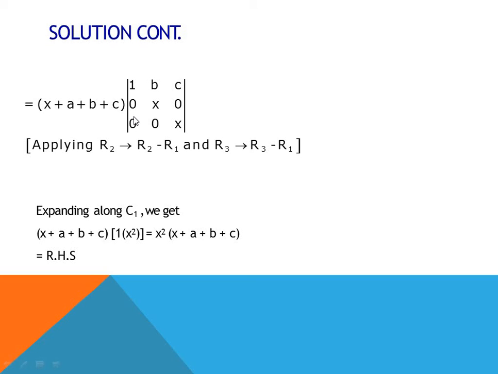The second thing you need to remember is that when you come across all the values as 1, try to get a 0 in the determinant. Once you get the zeros, the elements in the first column are 1, 0, 0. Now it is very easy to solve this determinant across the first column. If we hide the first row and first column, then you get the value of the determinant as x square. So finally you get the answer x square into (x plus a plus b plus c), which is equal to the RHS.